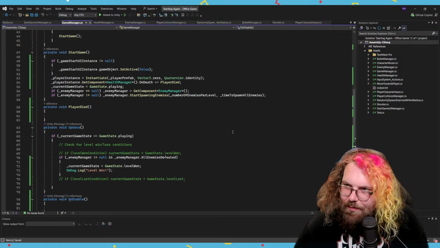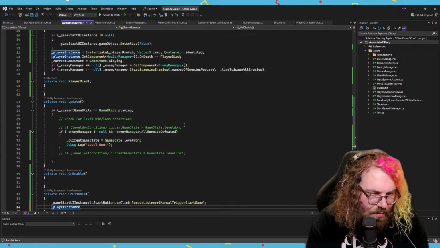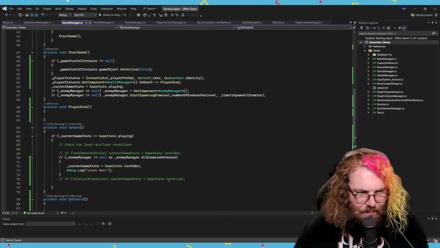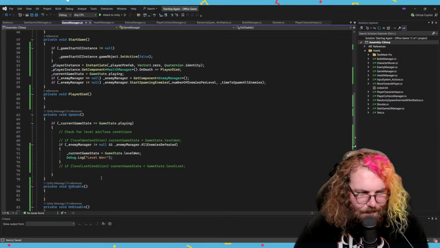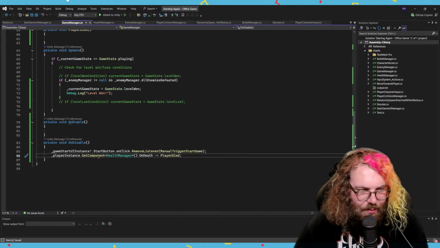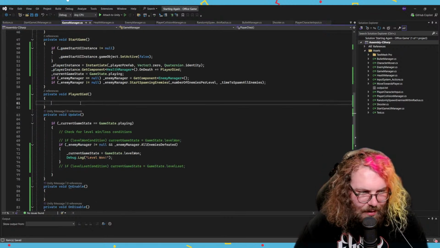Do you have to remember yourself to remove those events? Like, do I have to do player instance dot get component health manager on death player died remove? Maybe. Okay, so when the player dies now, it should call this player died script here, and then we can do